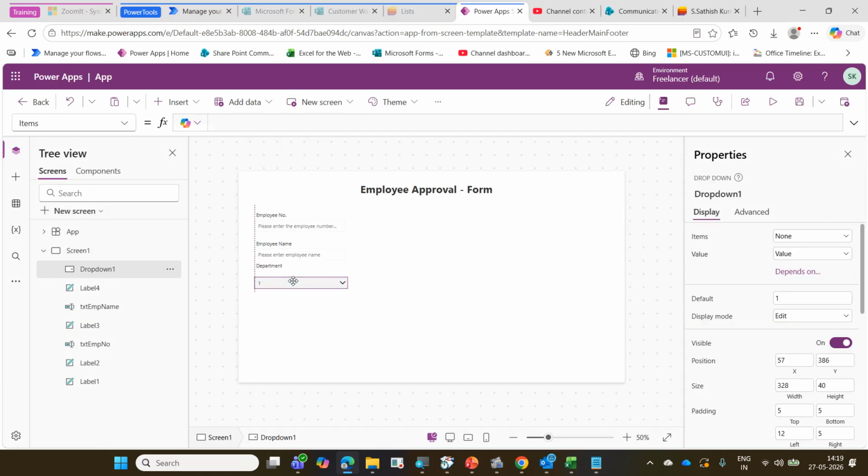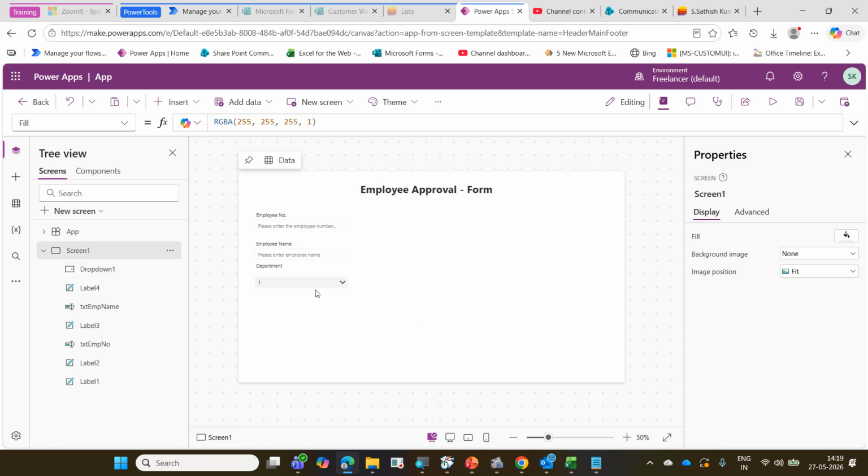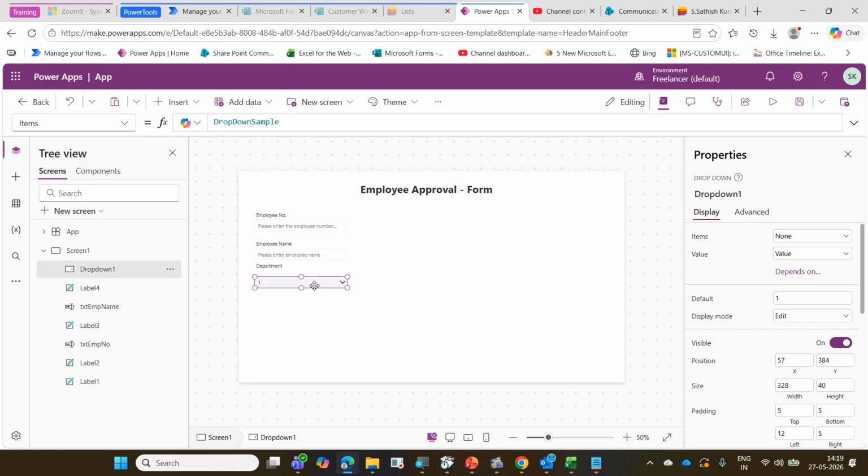And drop down, what has happened is, when I bring the drop down somewhere else here, how can I see the mini preview of it? I don't want to run the app, I hold the Alt key and I click it. It says something like 1, 2, 3. I don't want 1, 2, 3. I want the department name to be displayed in this drop down box. So select this